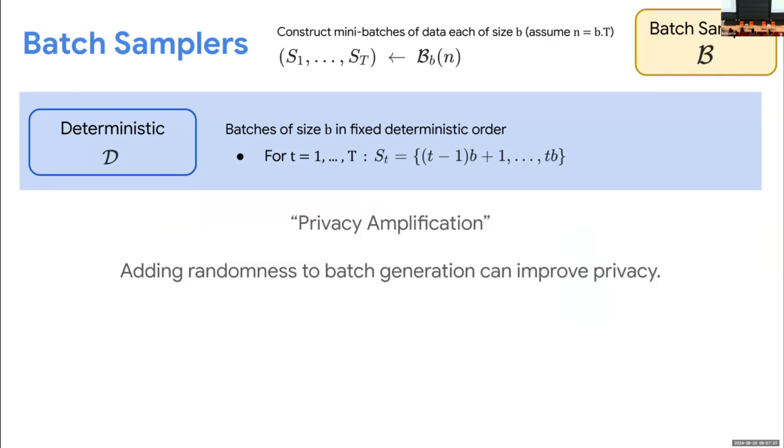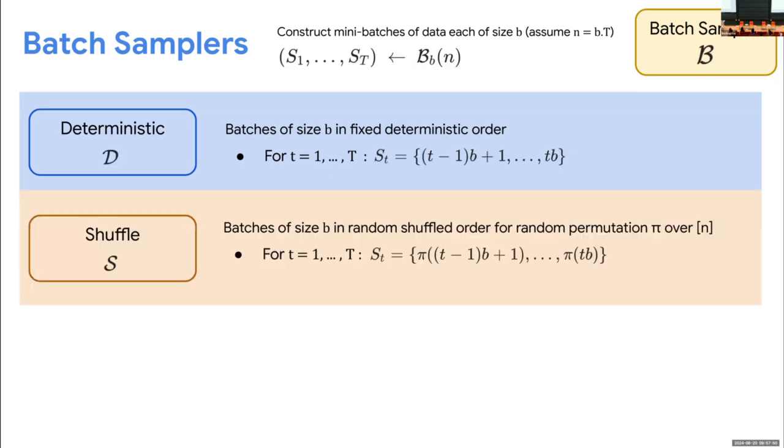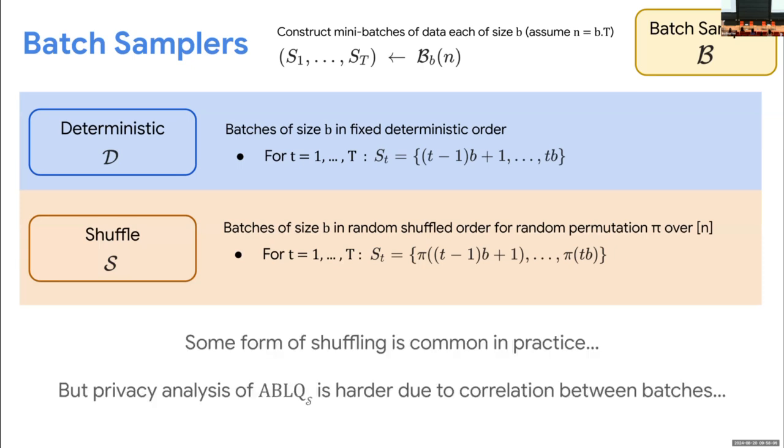And intuitively, you would imagine that adding some randomness to the batch generation process can help with privacy, right? This is the broader phenomenon of privacy amplification. So a common batch sampler that is used is simple shuffle. You apply a random permutation on all the examples, and then go through them sequentially and partition them into batches of size B. Right. So some form of shuffling is commonly used in practice, but it's a bit hard to analyze the privacy of this